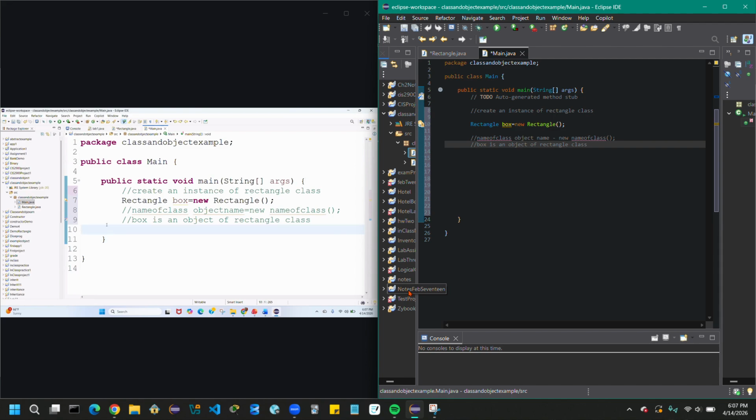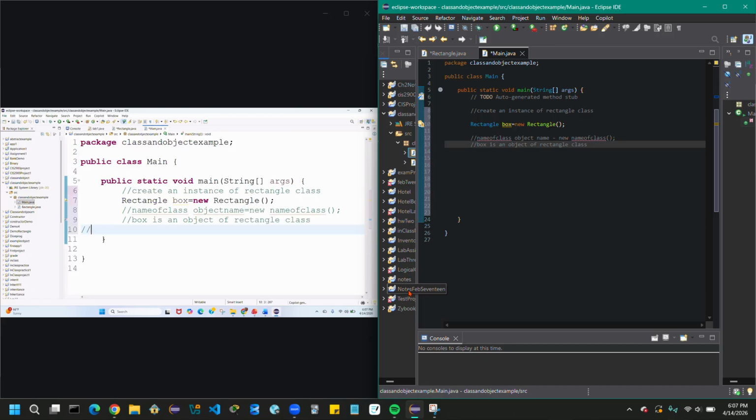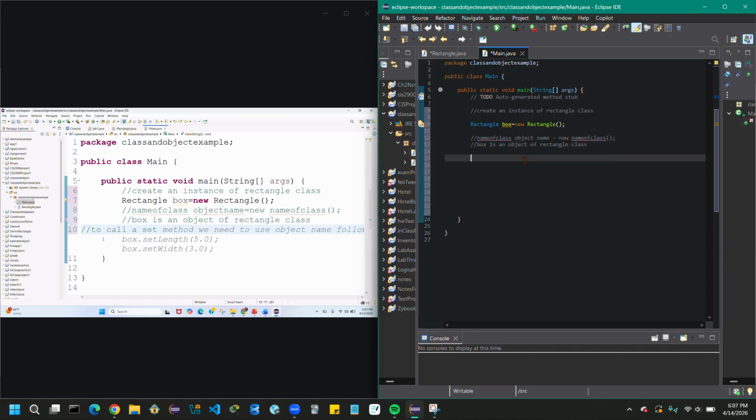As of right now, this set method is helpful to set the value of the length. To call this method, the next step is to call the set length method.